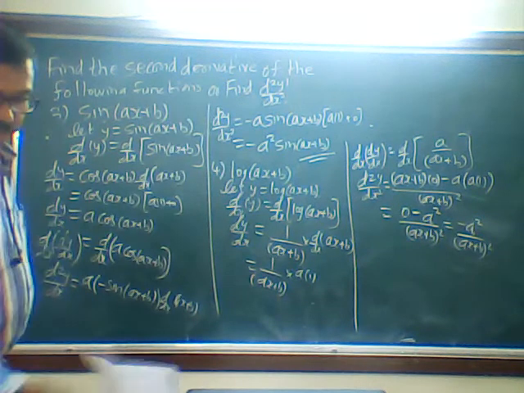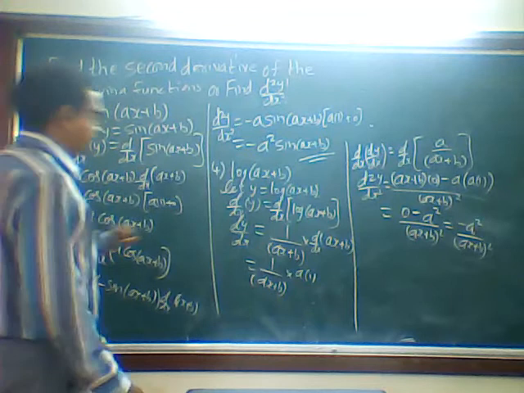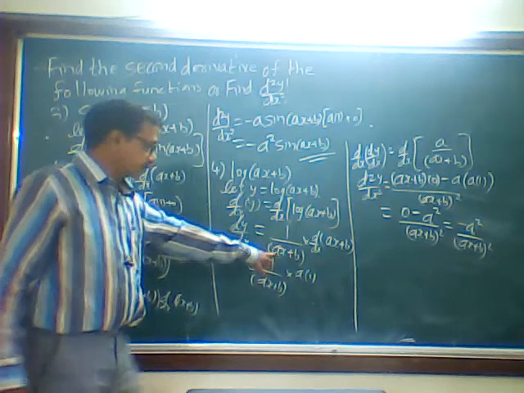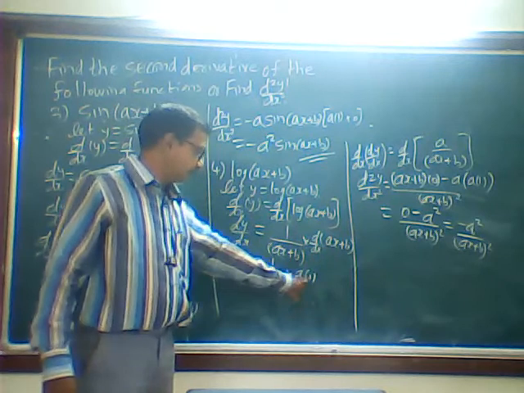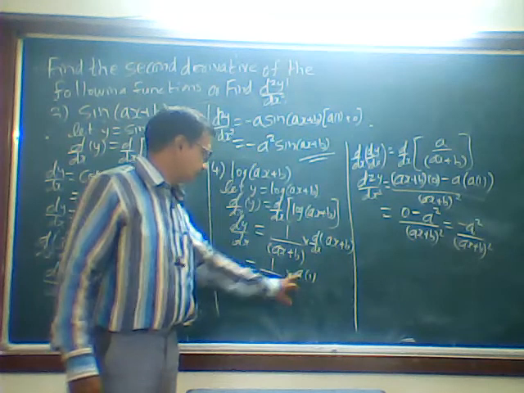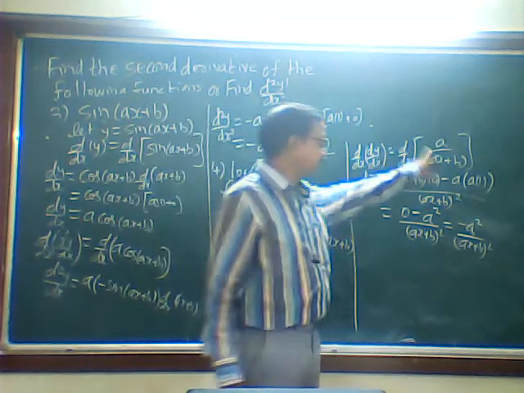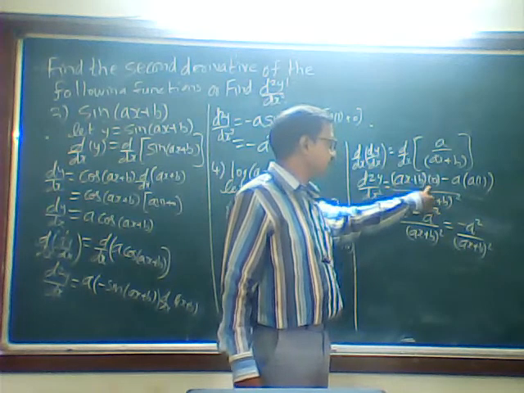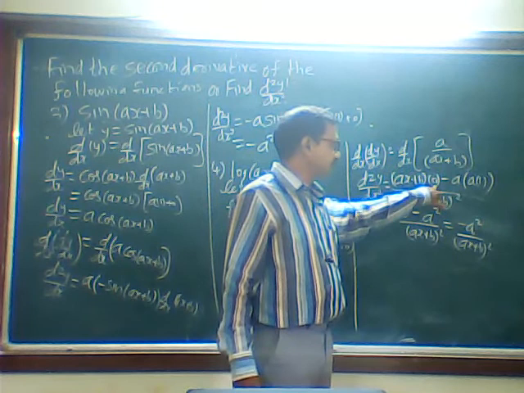Okay. So this problem is what I have done for the log of. First I did 1 upon a plus b, then d by dx of a plus b is a into 1, b is 0, I have not written. So I got a upon this. Then I get d by dx, u by v method. Denominator square, denominator and it is differentiation of numerator, it is 0, I have written directly.